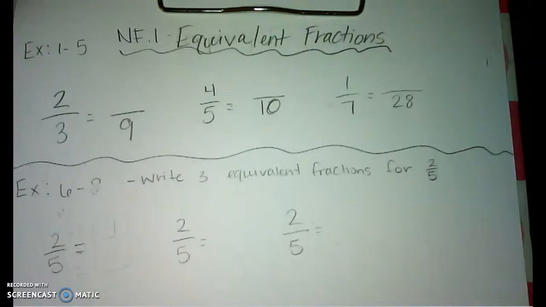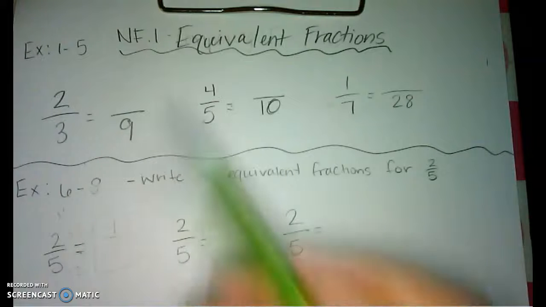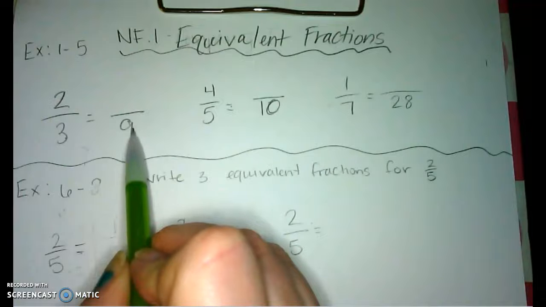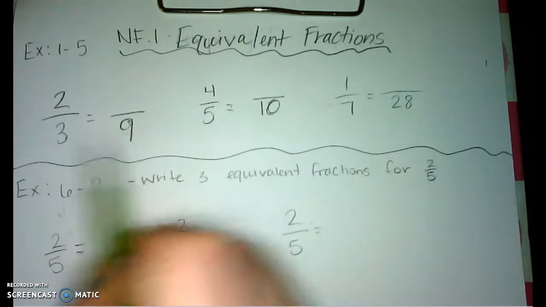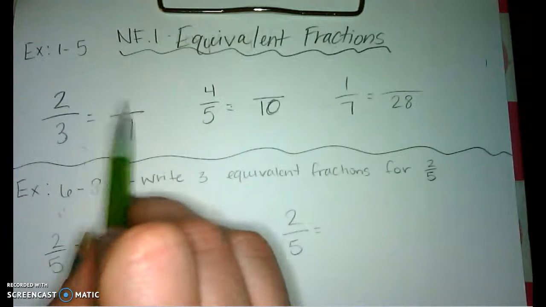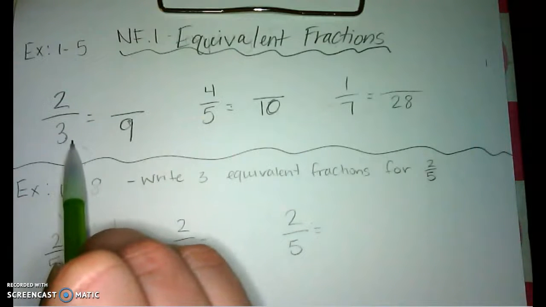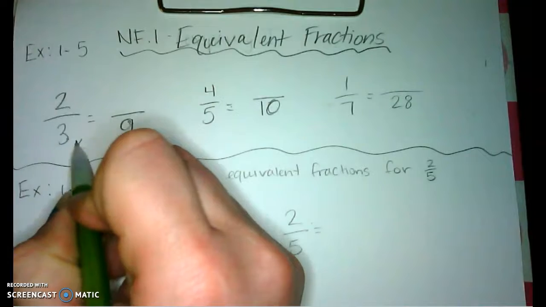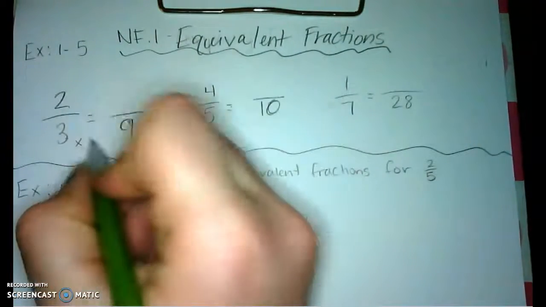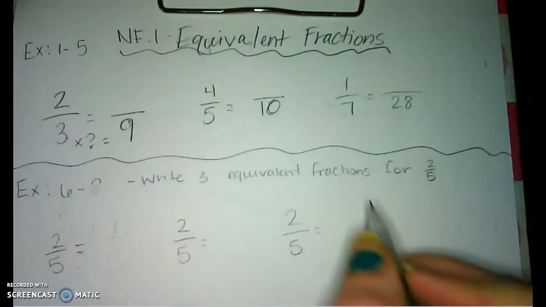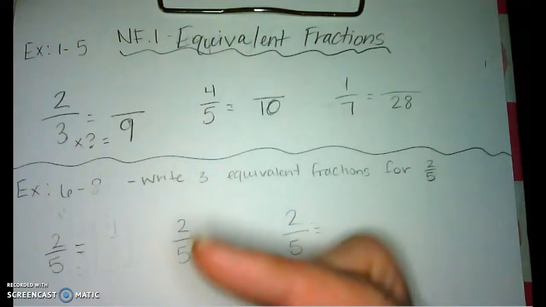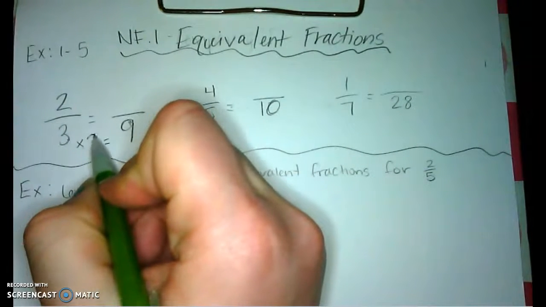All right, so first one. Remember, the first thing that we do when it gives it to you like this, we're going to find the relationship. If there are two denominators, then you have to find the relationship between them. If there are two numerators, then you find the relationship between them. So I have to ask myself, 3 times what equals 9? Then you count up by threes until you land on 9. So 3, 6, 9. I know it goes in 3 times. So 3 times 3